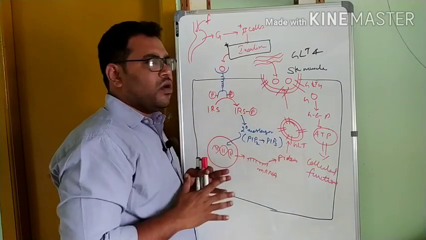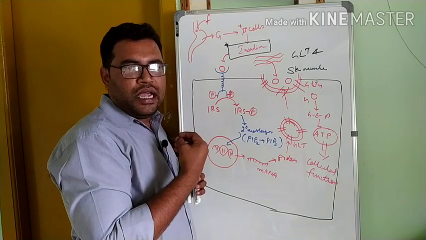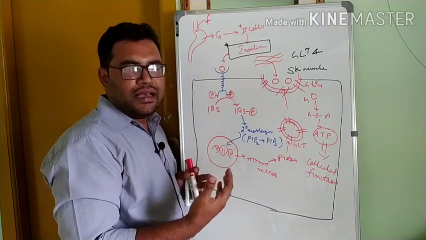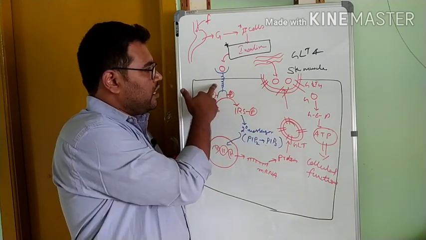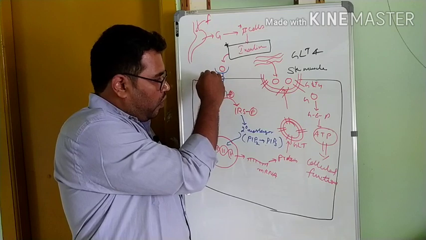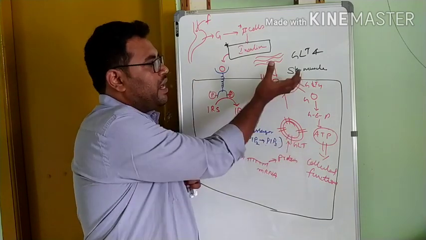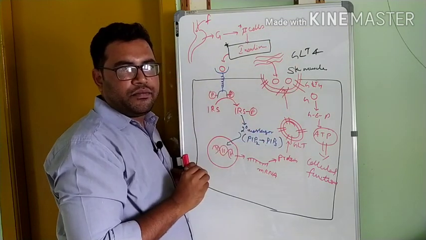So this whole process happens every day in our life. Whenever we take food, it will be converted into glucose. That glucose rich blood, when it reaches the beta cells, will make them release insulin. That insulin will bind to its specific receptor and follow this whole process, and they will move glucose transporters to the membranes, and they will absorb all the glucose into the cell and store it there.